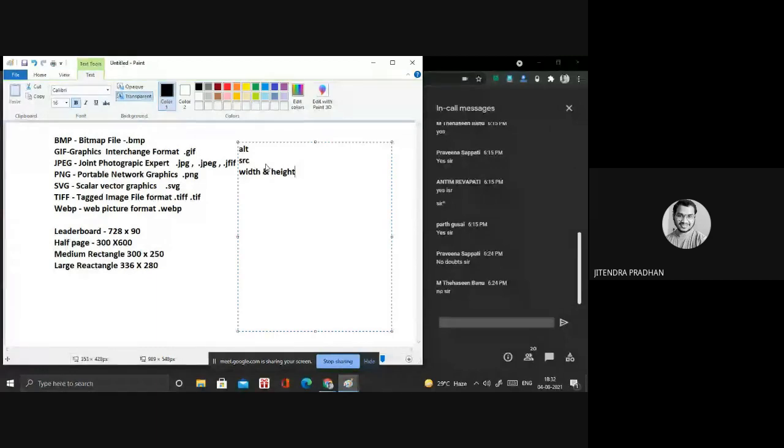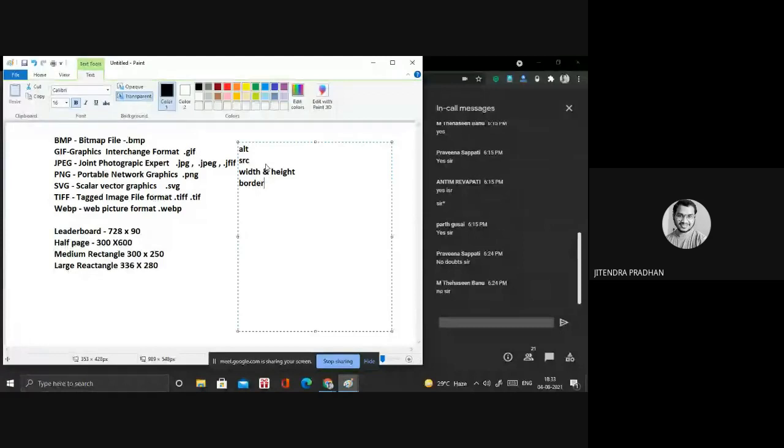Hspace and vspace are there in HTML, but if you require space between text and image, we can do that using CSS. Not an issue. But basically in the image we use these attributes: alternative text, source file, and width and height. We have border, but border is not used much.